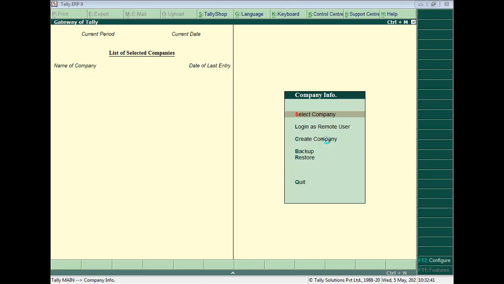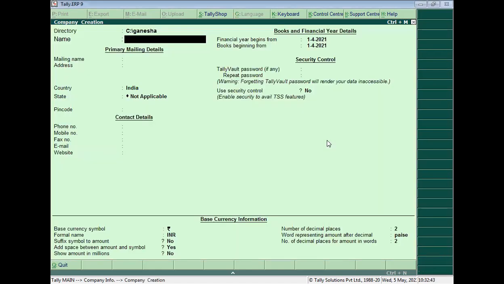Click on create company. When we click on create company, it opens an application called company creation. Here, the directory, I have set the directory name as C drive Ganesha, where our created company will be stored, and type the name by which we are going to create the company. So now I'll give it as Vinay Books Paradise,